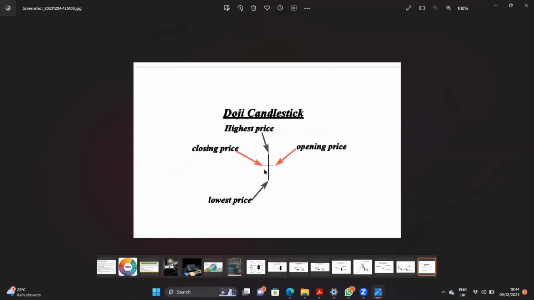But it is also important you see that the opening price is the same as the closing price. This signal means that the market did not decide which direction it will take. Now, it is very important to know that when this pattern occurs in an uptrend or a downtrend, it indicates that the market is likely to reverse. So whenever we have a doji, it simply indicates